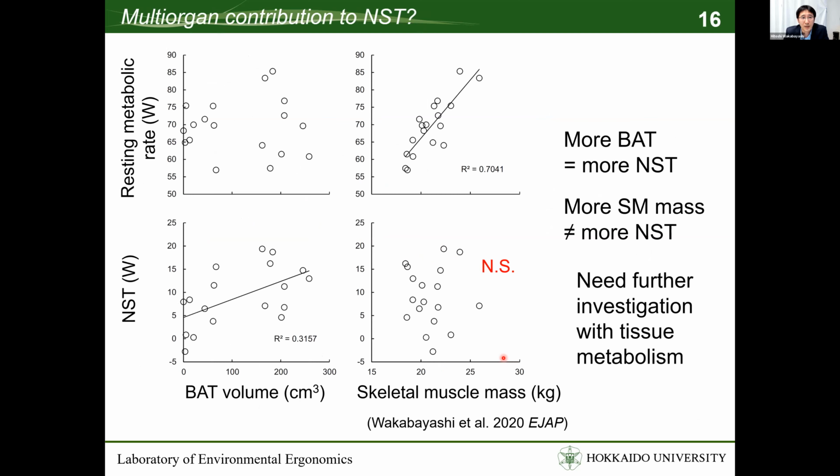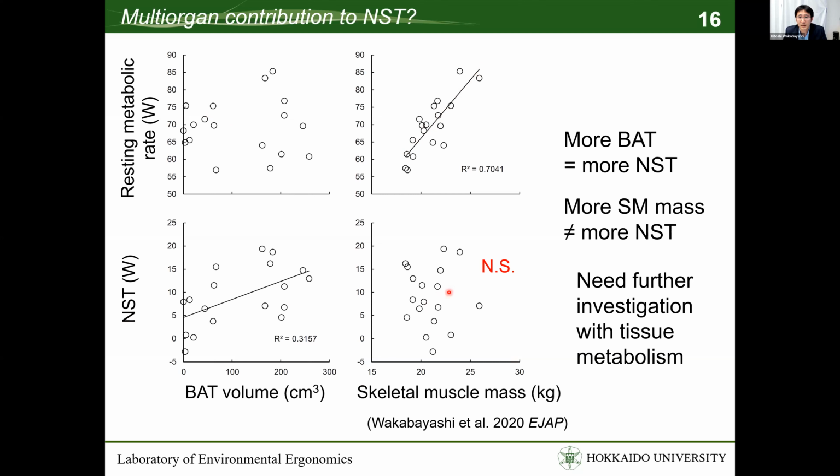And we also focus on the multi-organ contribution to non-shivering thermogenesis. This figure is the correlation between BAT volume, skeletal muscle mass, and the resting metabolic rate and non-shivering thermogenesis. You can see the significant correlation with the BAT volume and non-shivering thermogenesis, but not with the resting metabolic rate. Whereas skeletal muscle mass showed strong correlation with the resting metabolic rate, but they don't show the correlation with the